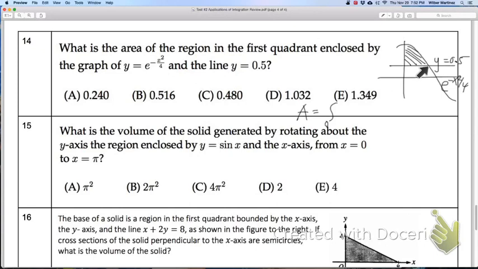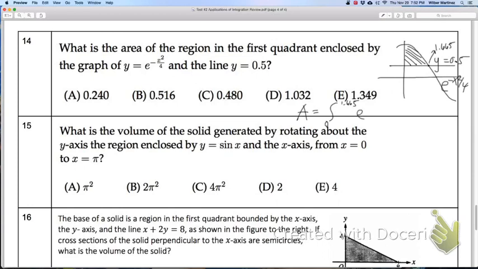So I'm going to go ahead and look back at my calculator and find that point of intersection. If you want to pause your video and do the same, that would be a good idea. And when I did that, I got that the point of intersection was 1.665. So my area is going to be the integral from 0 to 1.665 of the top function minus the